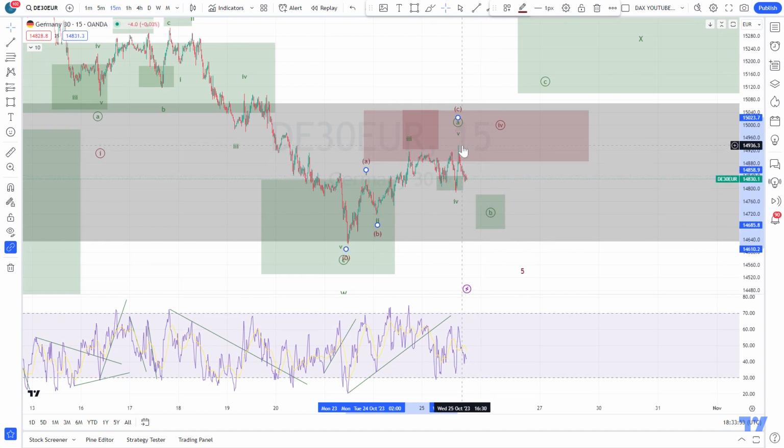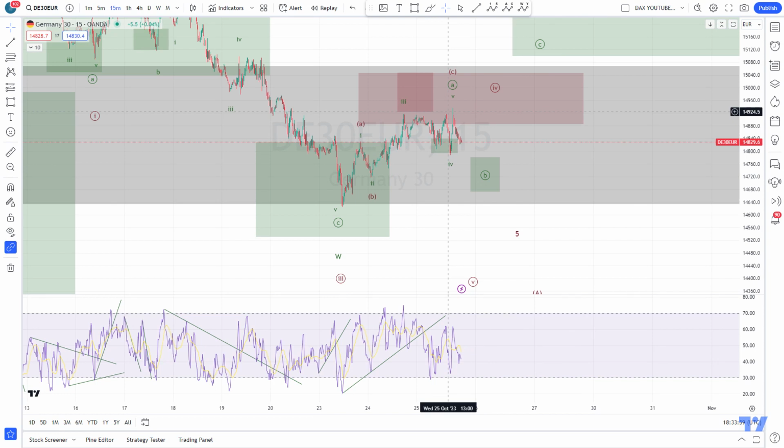That would mean that this was our high and that this is the start of our fifth wave down. So if I look only at the DAX, I would favor the count A, B, C,